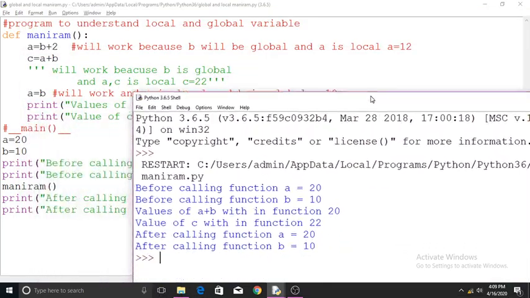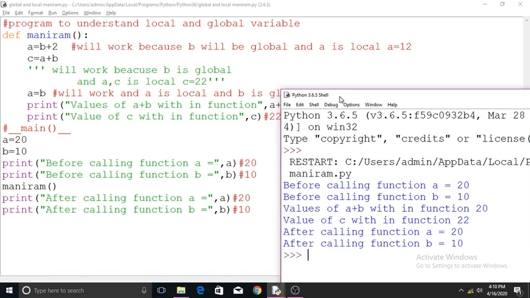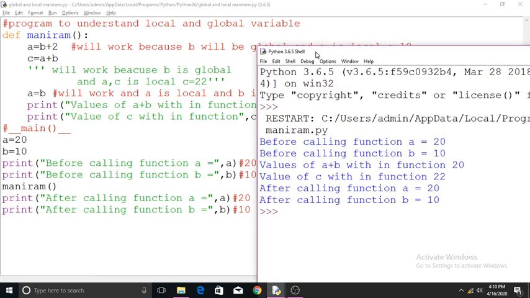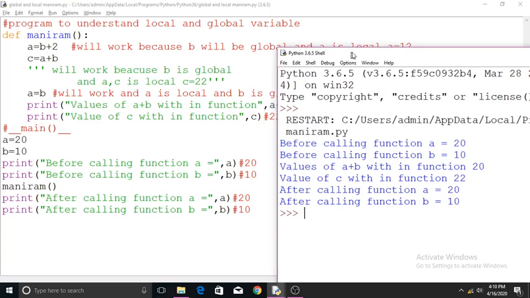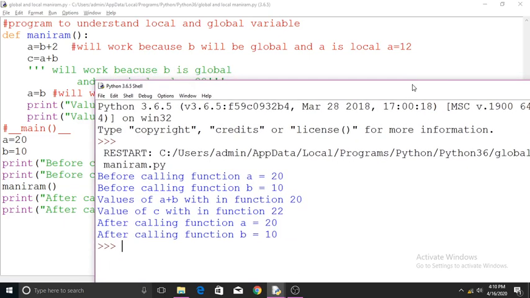Okay, so before calling it is 20, 10, ours is also 20, 10. Then A plus B is 20, C value is 22, then 20, 10. That means our program correctly produces the output.